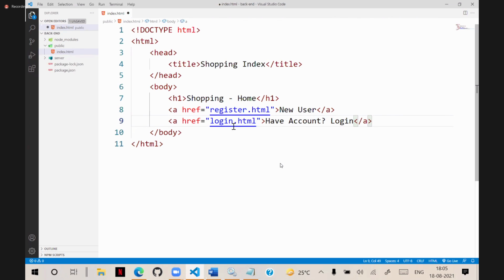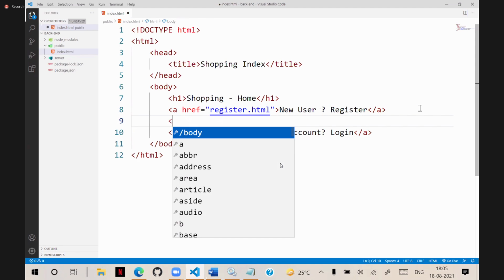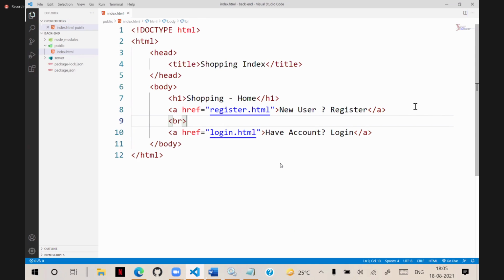And new user, then register. So these options are configured roughly. We design our index page like this, and whenever we start our application, we want it to start with this index page.